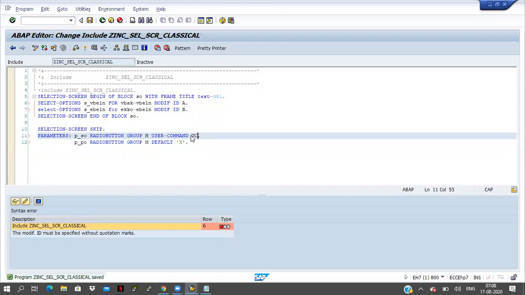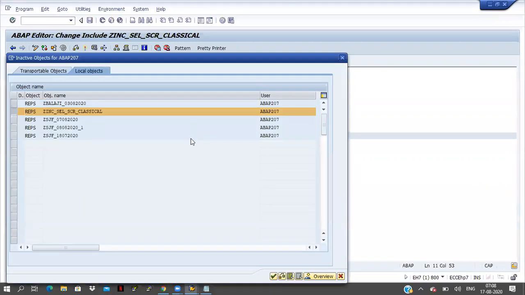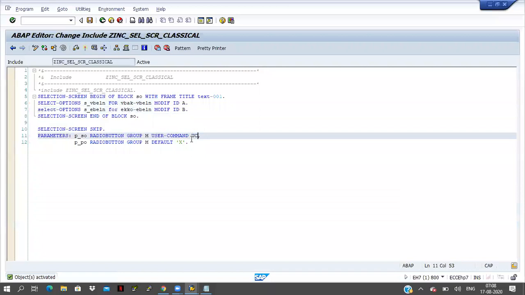Save it, check it, activate it. Why am I mentioning modif ID here? Here select options is coming, s underscore vbeln for vbak vbeln. Up to here this is okay. After that I am extending something called modif ID a, modif ID b, like that.